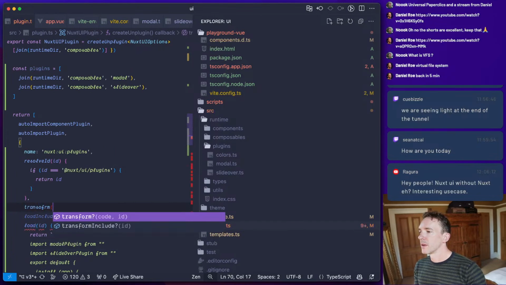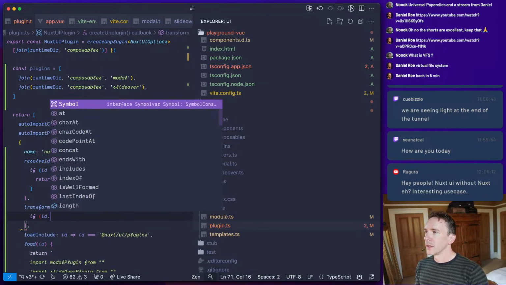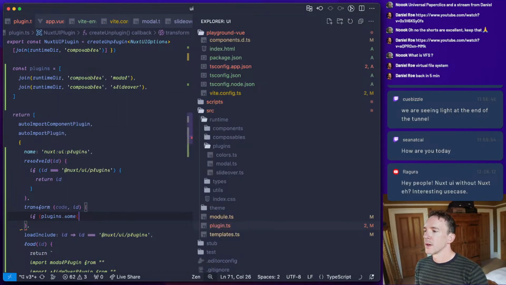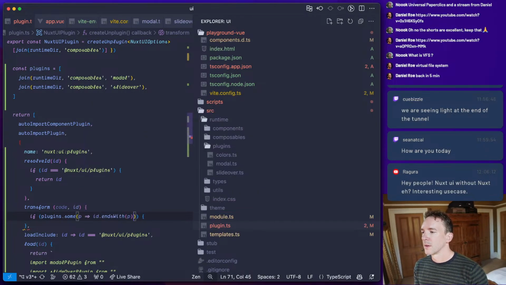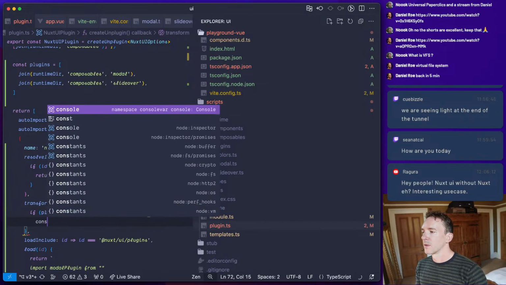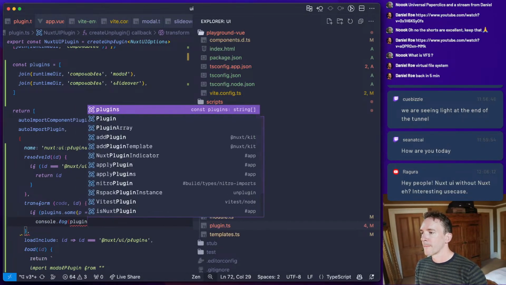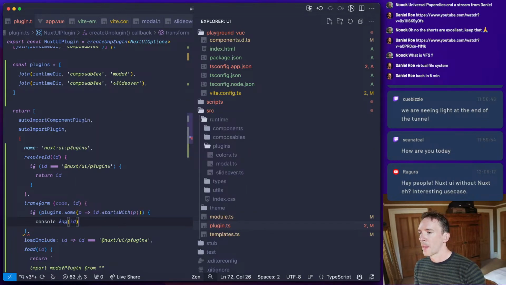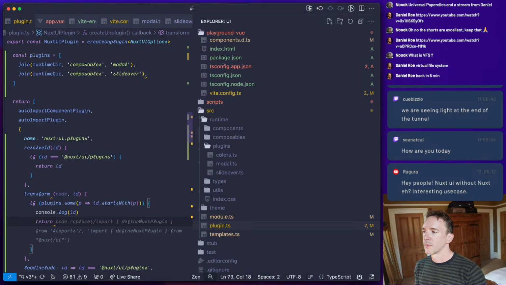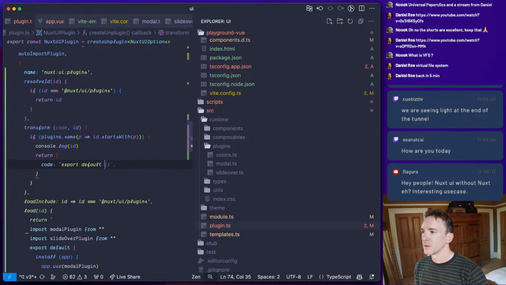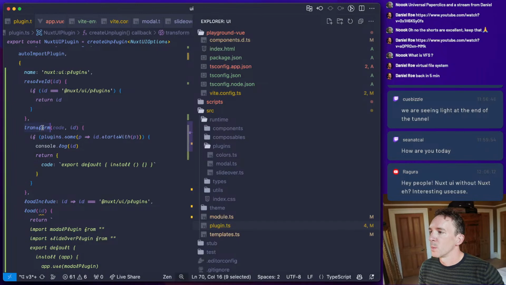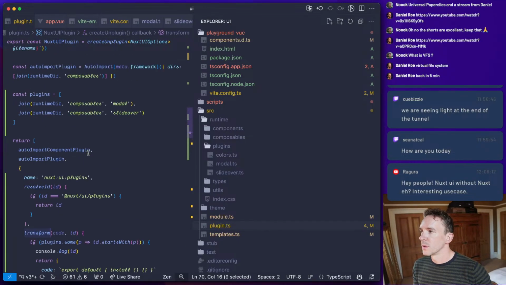And basically, we'll transform those files. So we'll say if id, if plugins some plugin, console log plugin, return code, export default install, and then we are going to want to use those two plugin paths.